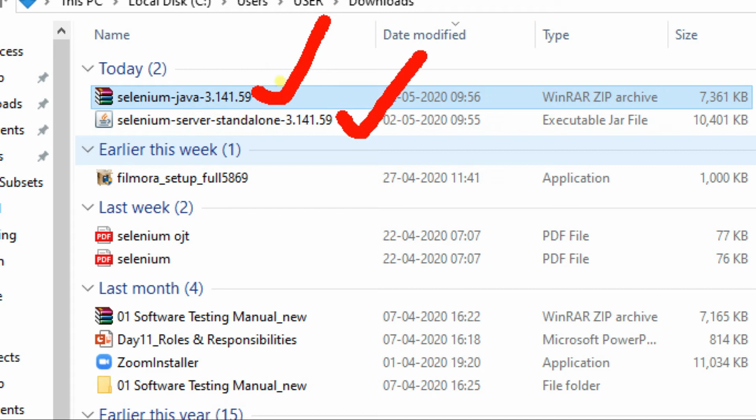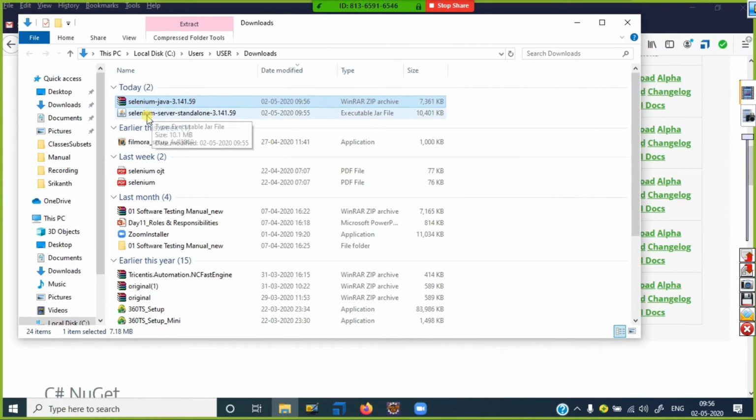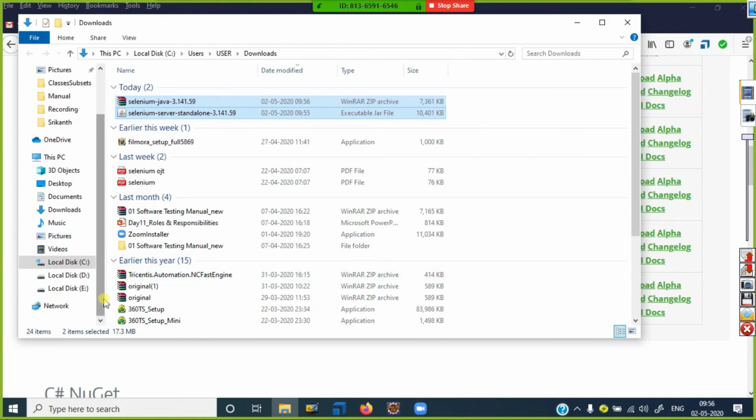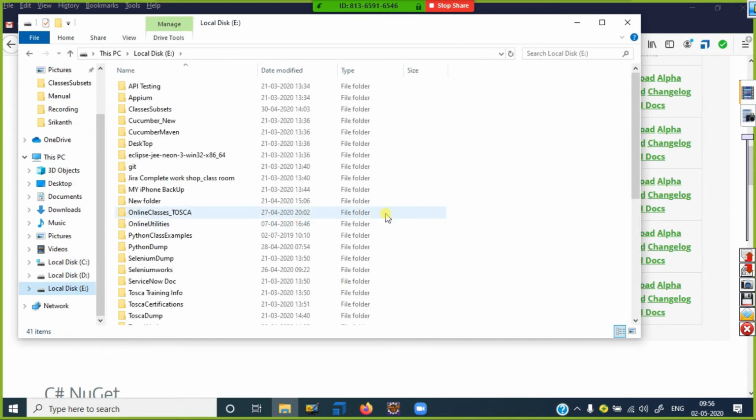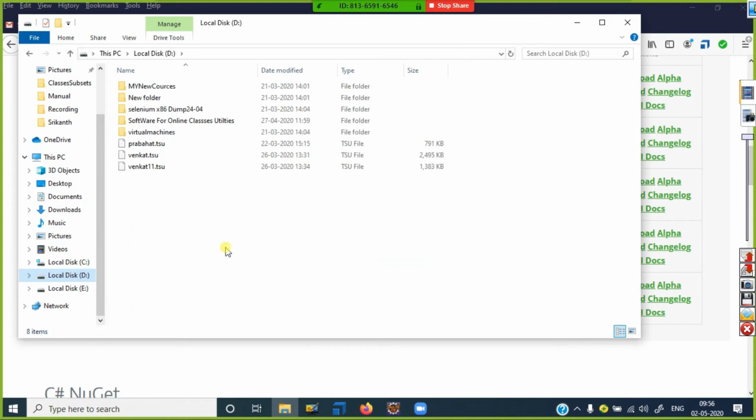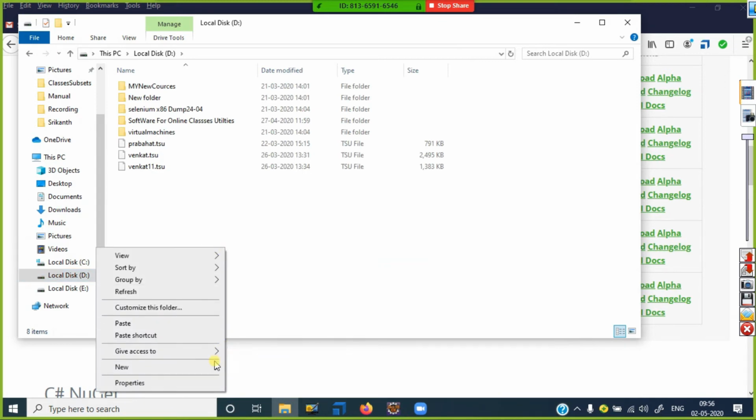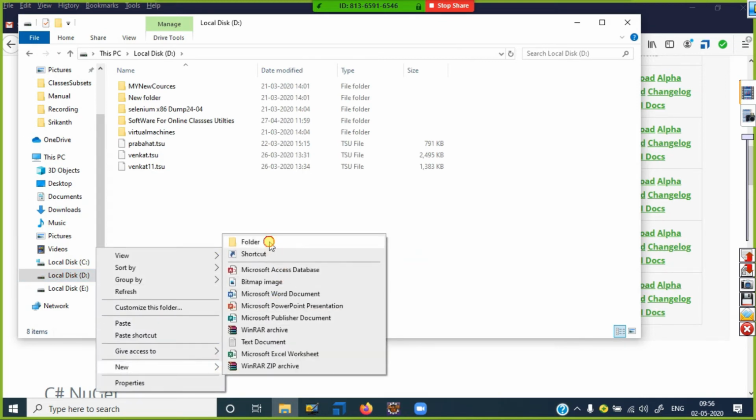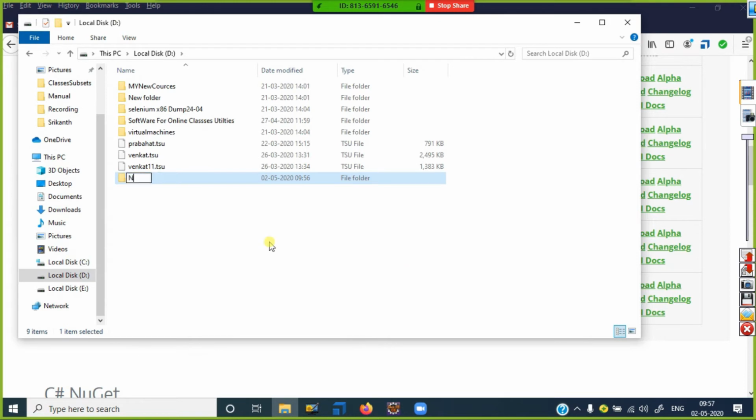I will tell you very clearly what the difference between these two is. Nothing different, but I can copy these two and go to the D drive. Now I can write here a new folder called Selenium downloads.